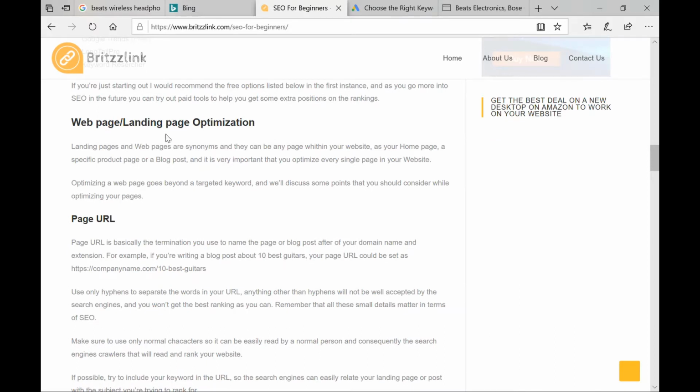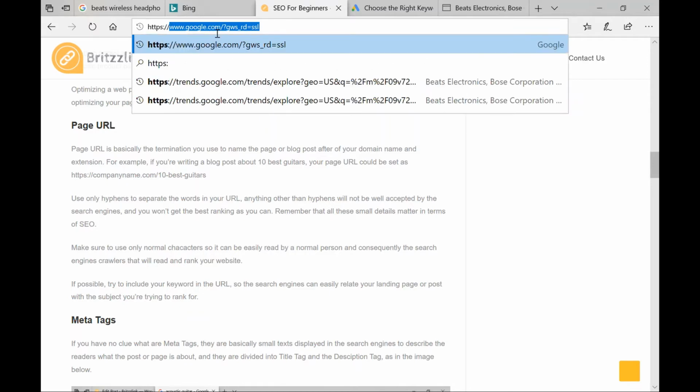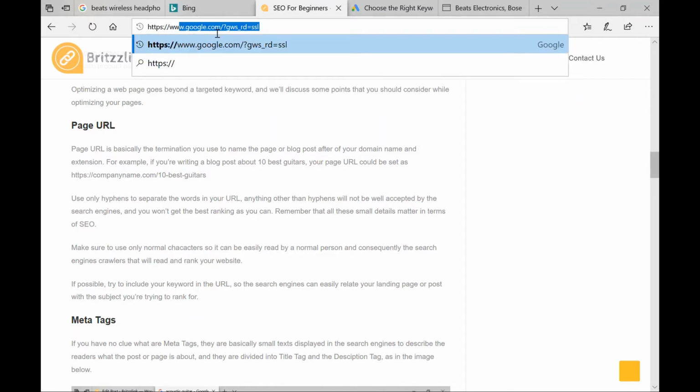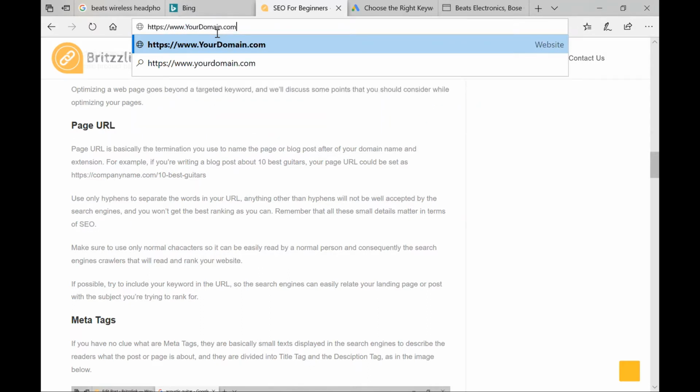All right, so web page, landing page optimization. For that, I'm going to install a plugin on WordPress so you can take a look at how it works, more or less. Okay, so we'll get to that in a minute. So, page URL. What is a page URL? It's exactly this right here. You get that, and let's say you have